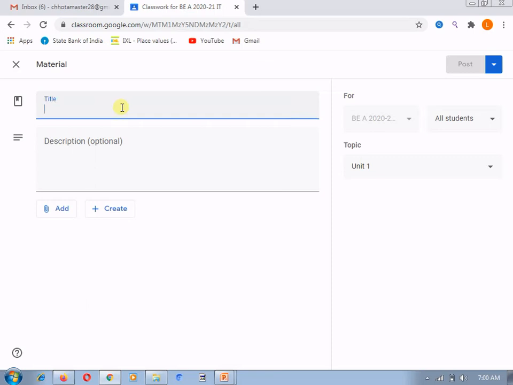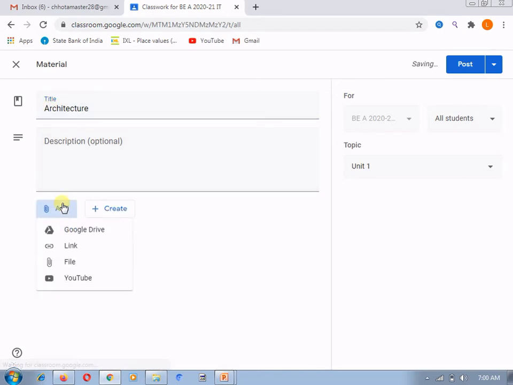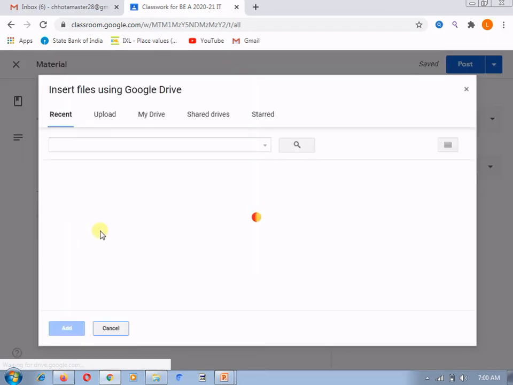I will give the next topic, say architecture, and in this architecture title I need to upload an image, which you can upload from your Google Drive or from wherever you are going to upload it. Now currently again I am picking the material from my drive.